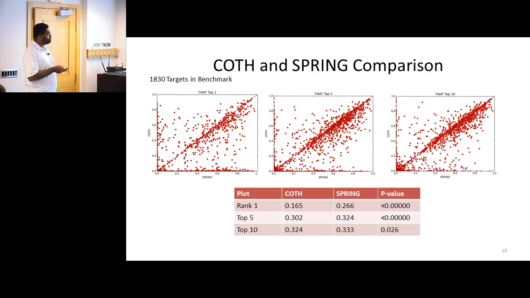So the first thing we did was seeing if we could, I'm sorry, this is rank 1, then top 5, top 10. So I make a cutoff, I only pick the top 10 from both of them. I do our comparison here. But I want to see if I could combine them and still, within top 10 selections, keep all the right templates and have a better overall selection.